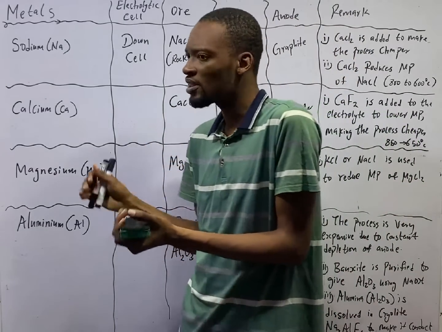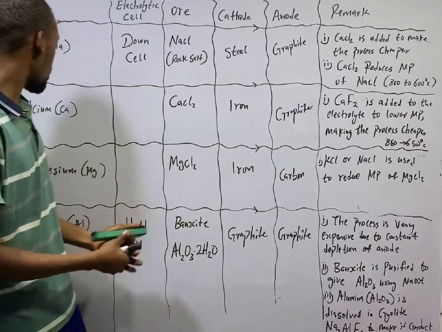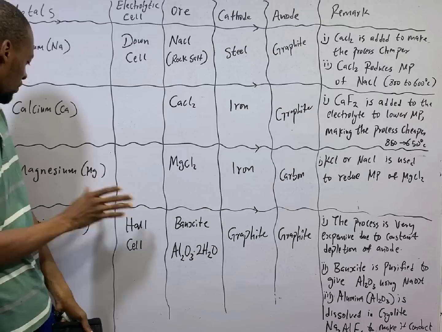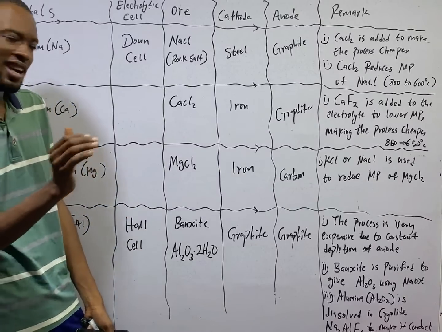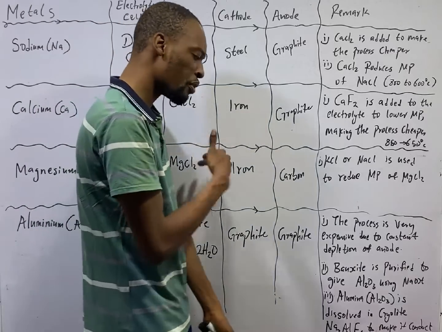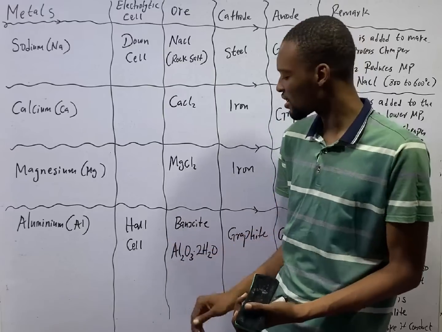Sodium is found in combined form with chloride. For calcium, it is found as calcium chloride. Magnesium exists as magnesium chloride. Aluminium exists as bauxite. In this case, it is an oxide. Bauxite is